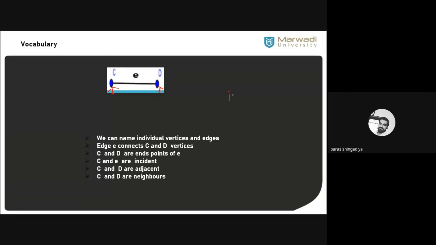Now the incidence relation, what does it mean? Incidence and adjacency. We already discussed the adjacency relation. In adjacency, we check vertex to vertex relation, or edge to edge relation. Adjacent में आपको vertex to vertex का relation check करना है, either edge to edge का relation check करना है. That is called adjacency. Vertex to vertex, C and D are known as adjacent. Similarly, if two edges are connected by a common vertex, then they are called adjacent edges. But now we just consider the incidence relation.